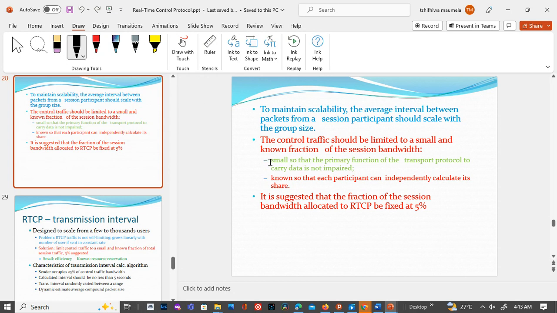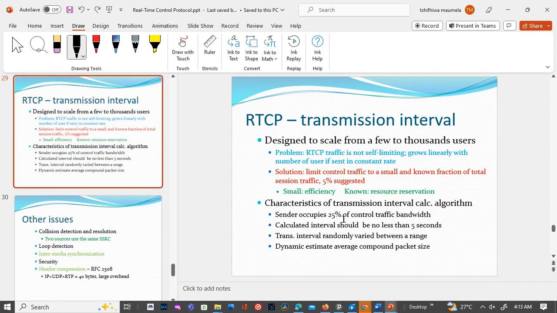To maintain scalability, the average interval between packets from a session participant should scale with the group size. The control traffic should be limited to a small and known fraction of the session bandwidth. Small, so that the primary function of the transport protocol, to carry data, is not impaired. Known, so that each participant can independently calculate